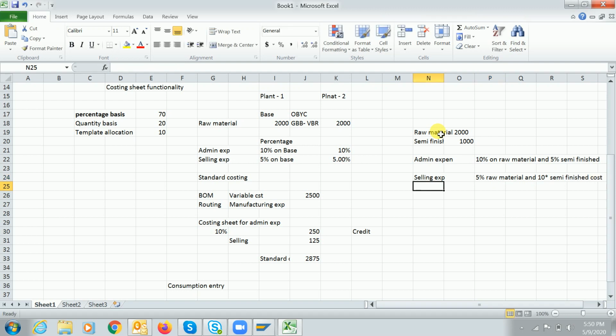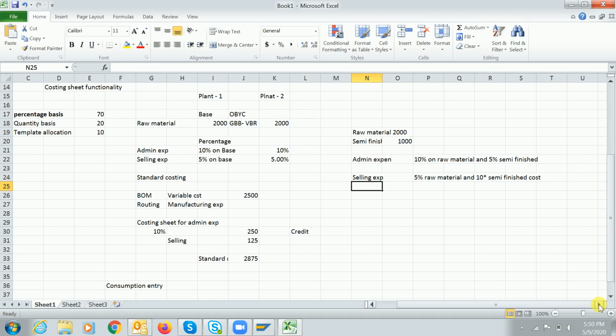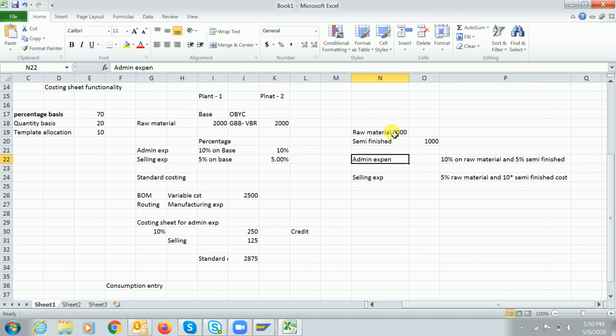Now I have got the requirement. This is how it is. So what I have to do is initially create one base for the raw material and one base for the semi-finished goods, with the respective GL codes.